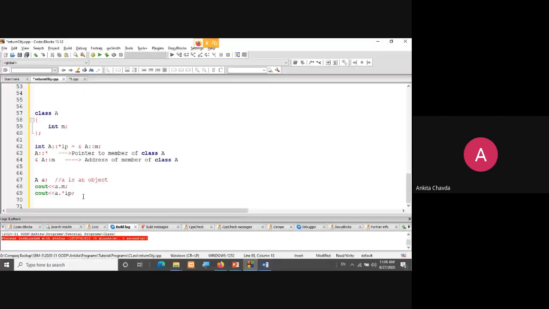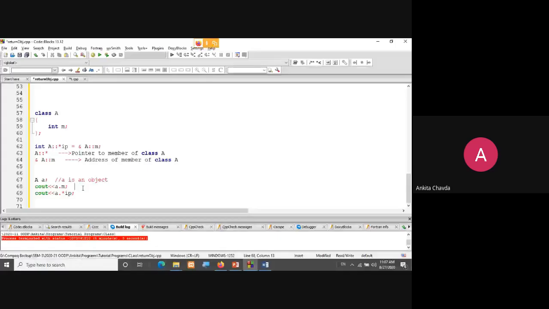And you can even access this via the pointer. So how can you access it via the pointer? a.*ip. Here also you will get the value of M, the same value of M, right? I can access it via both, either by the pointer or by the member.